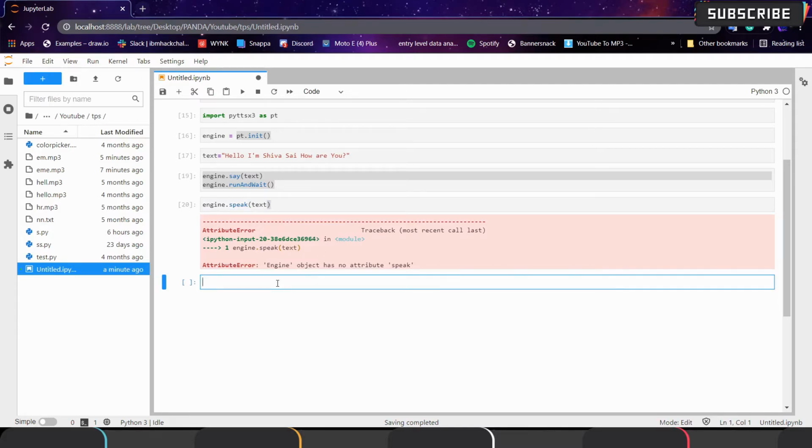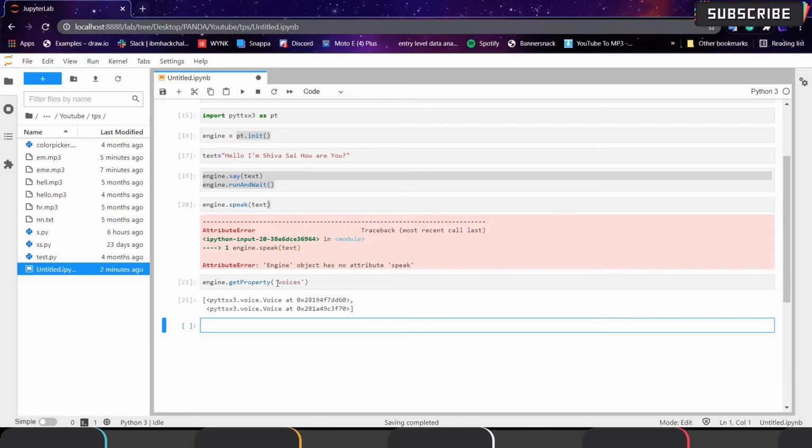Then we can also change the volume. As you can see, the voice that came from the machine is male. We can also change the voice here. For getting the different types of voices, we need to use engine.getProperty, I want voices.